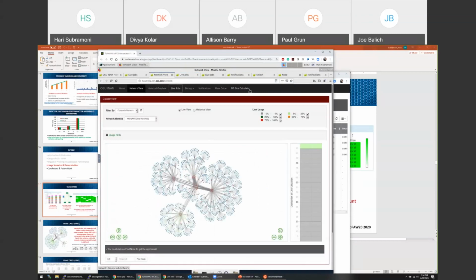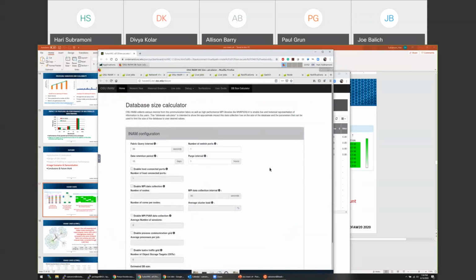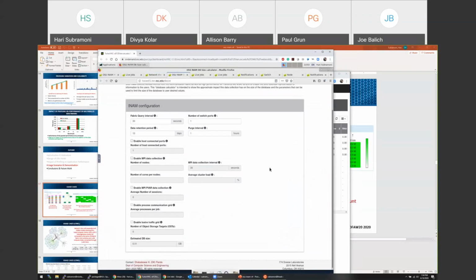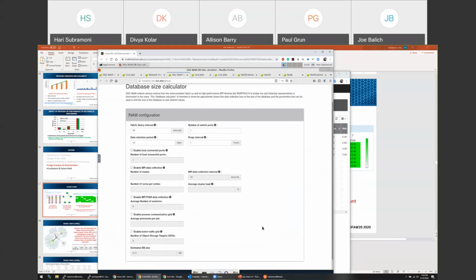We also have other things like a database size calculator. This is a standard question that everybody has: I am setting up all of these things, but can you give me an idea of how much disk space I would need to store all of this data? So we have this very nice utility called the database size calculator, which tells you exactly that.